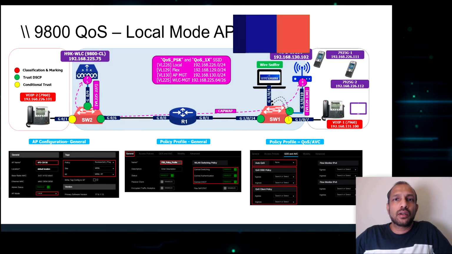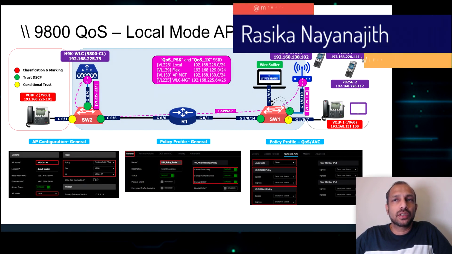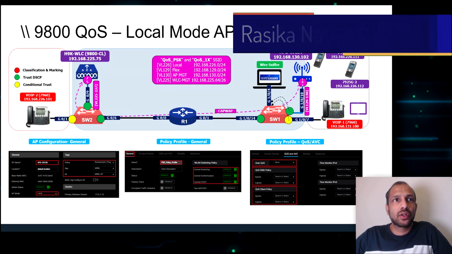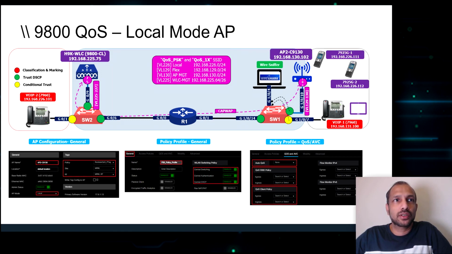So let's look at QoS implementation to trust the DSCP value of the AP connected switch port and the controller connected switch port. In here you can see I have put a green dot. What we are going to do is implement AutoQoS trust DSCP value on these two ports, and then do the same exercise we did in the previous demonstration and see whether the QoS marking will be preserved this time.